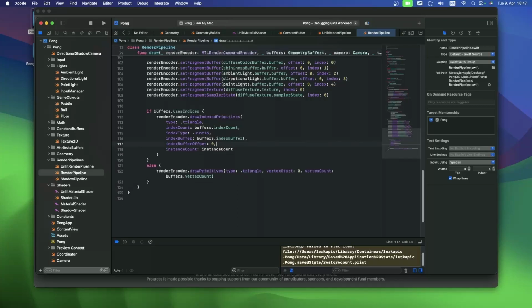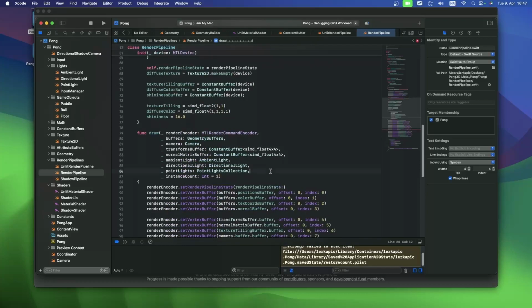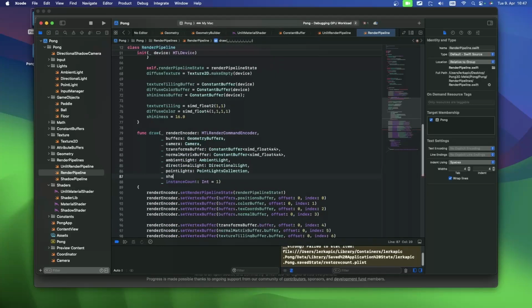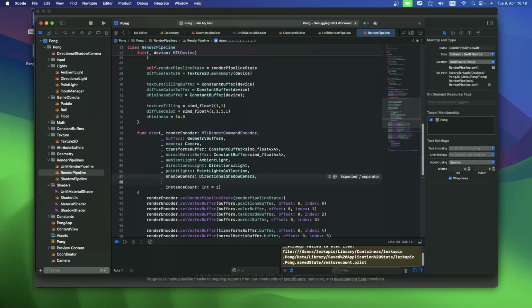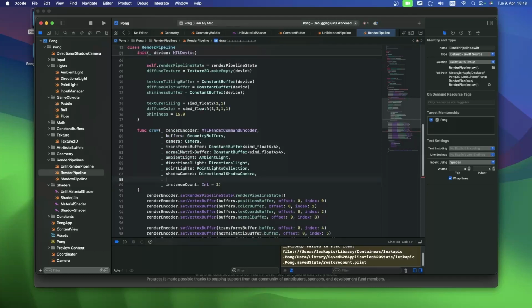Oh no, not here. My bad. Here, shadow camera. It's actually a directional shadow. Let's call it shadow camera, even though it's a camera that's supposed to be a light, but whatever. And then we're also going to need that depth texture,